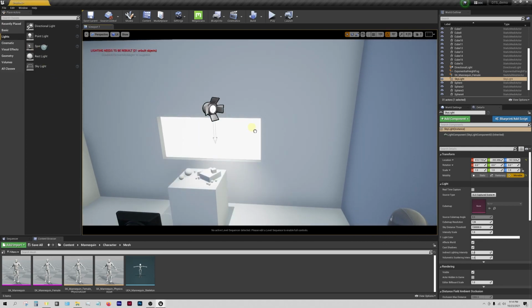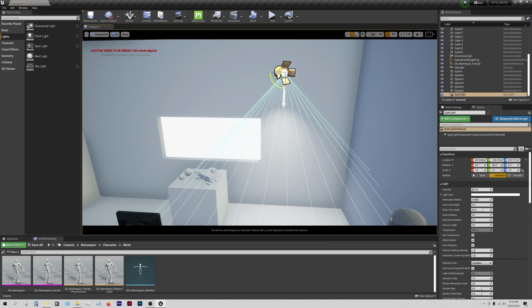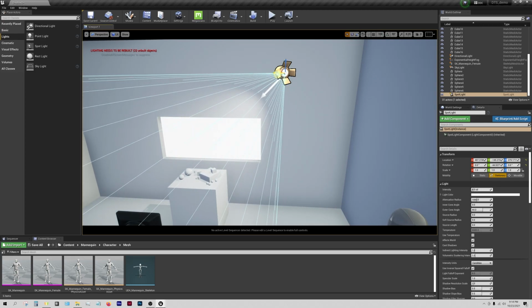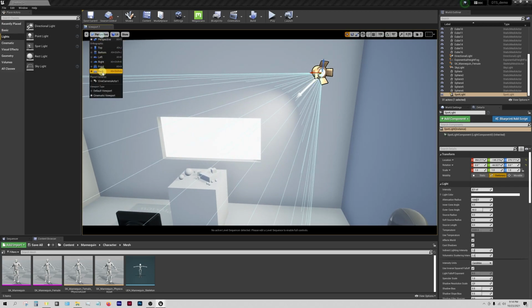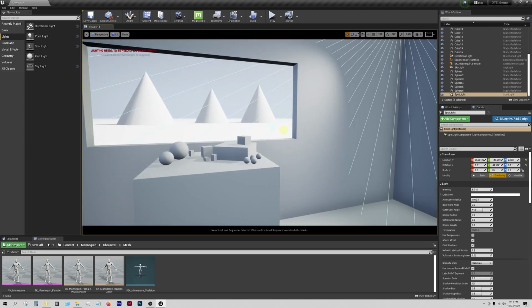So to do that, I'm going to use a spotlight because it's a single direction rather than a point light. So it'll be more focused, and it will give us this nice, obvious kind of curve. So even though I'm in the camera, I still have that light selected. So if I use the transform controls, you'll see I can just move it here as well. But I'm going to jump out of the camera